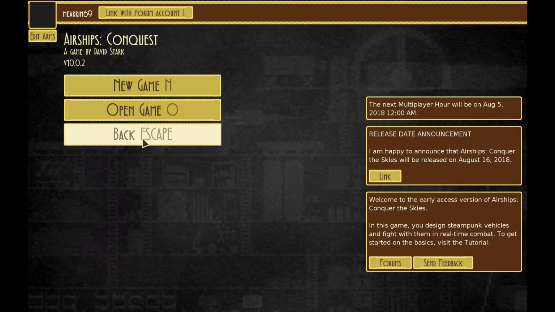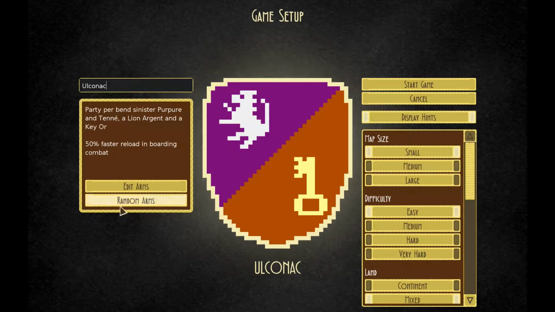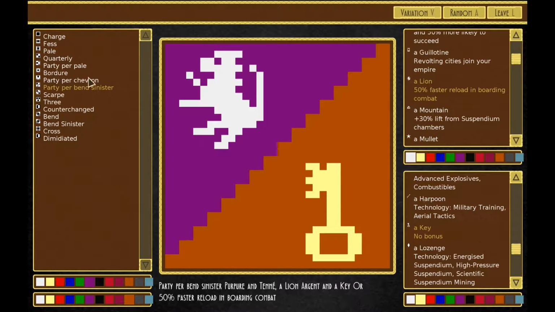There's also Conquest Mode, which is a campaign-style game where you can set up your own little steampunk empire on a map and fight against other territories that are nearby. Design your own ships, put them in your catalog, build defensive structures, manage production, all sorts of things. It's got a really cool system that you can edit your coat of arms, and it actually changes the...